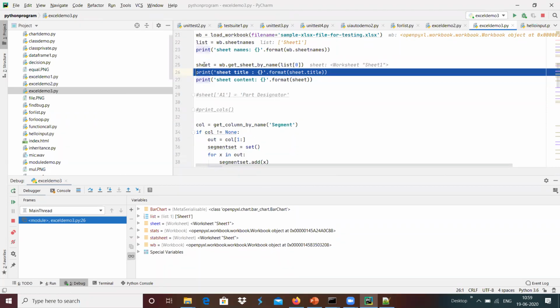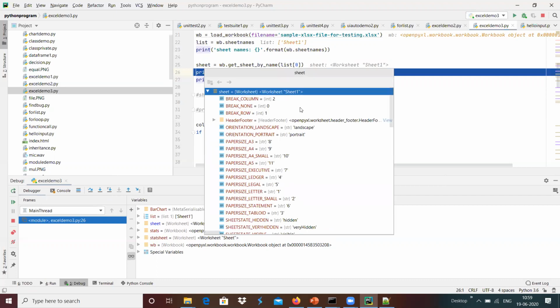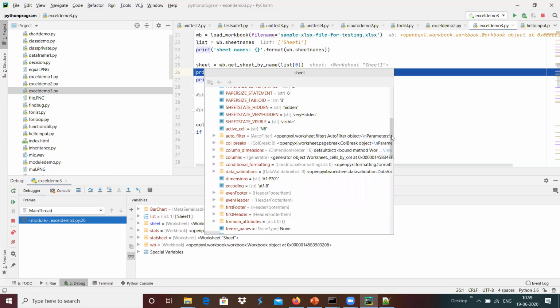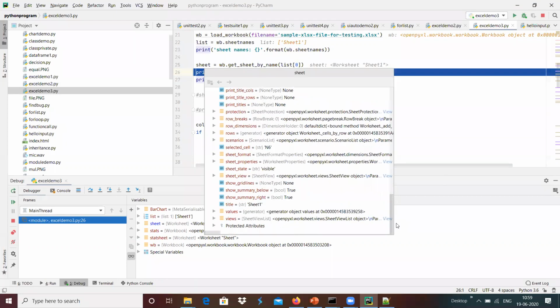For example, we can see there is a worksheet, and if we expand this, it provides very detailed information about the sheet, and it has a name, a title over here.